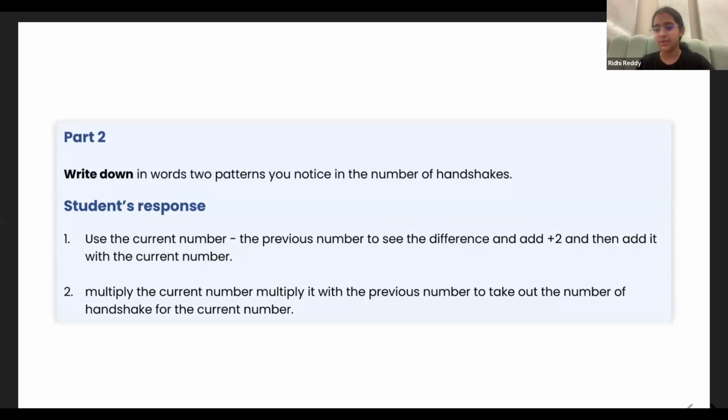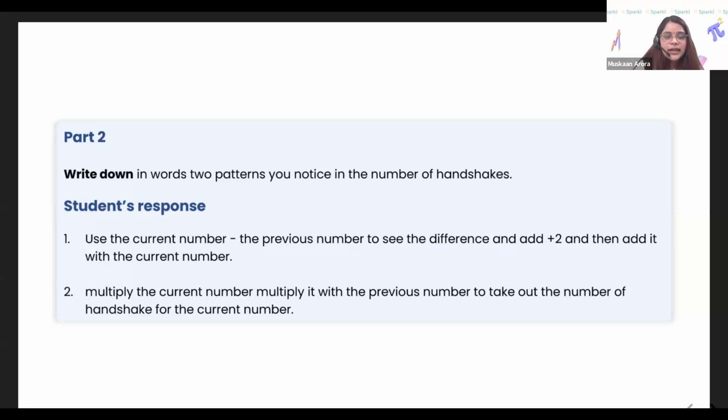I wanted to clarify if it's okay using generic terms like even or odd numbers. Even and odd numbers is completely acceptable. But the error was in not using the variables that have been already defined by the question, the number of handshakes. The student has very well understood the sequence. There is no gap there, but the gap is in expressing using the right words.